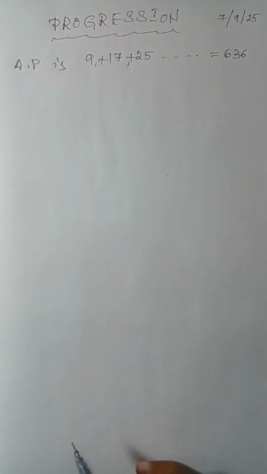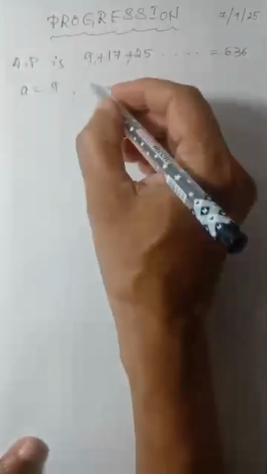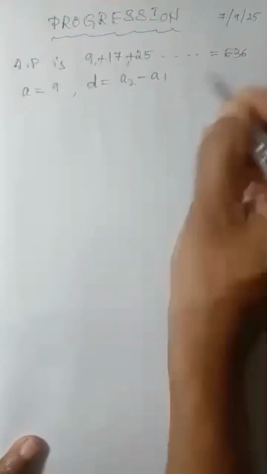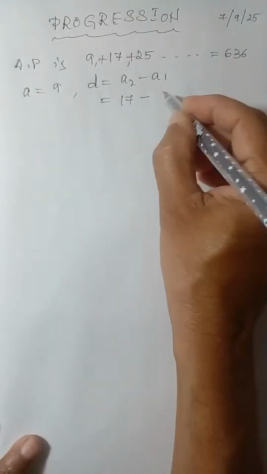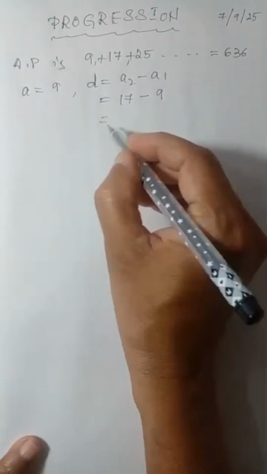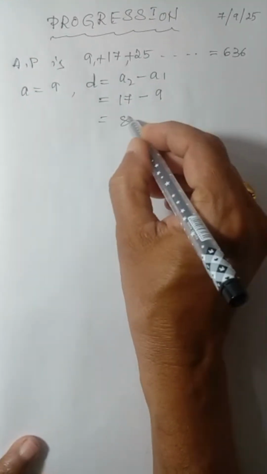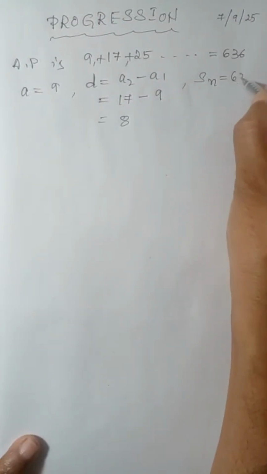Here, in this problem, first you have to make a note. The first term is given, that is 9, and the common difference, it is already declared an AP. So d is equal to what? a2 minus a1, that is 17 minus 9. Here the difference is 8. And the sum of the few terms is given, Sn, that is